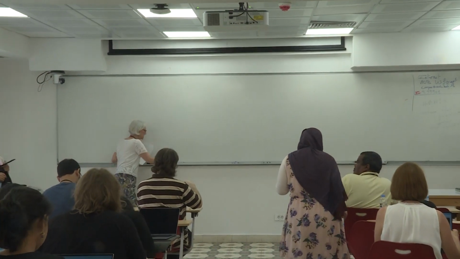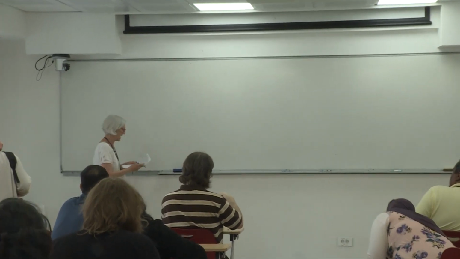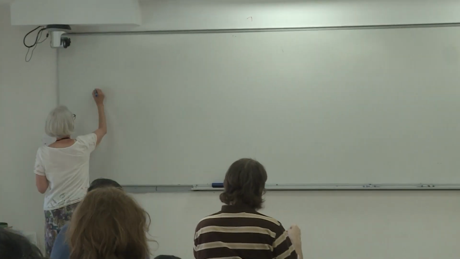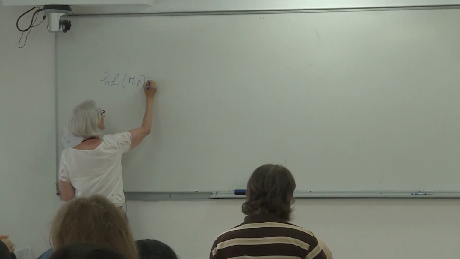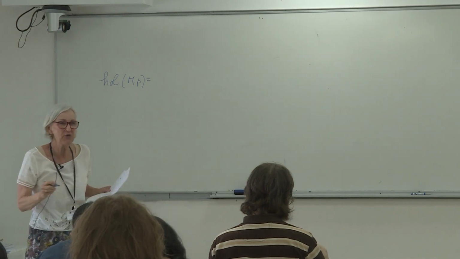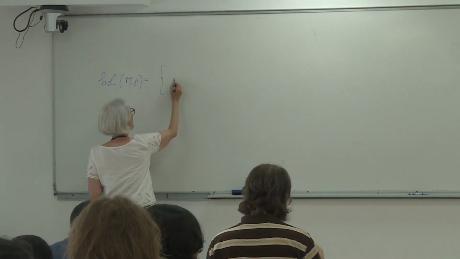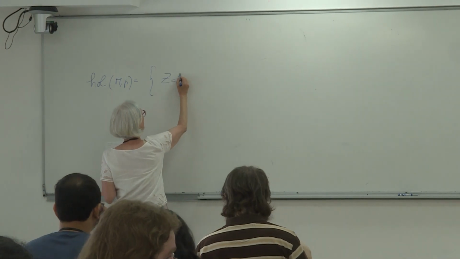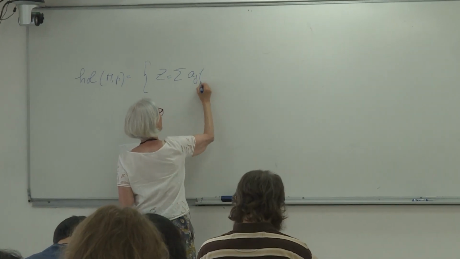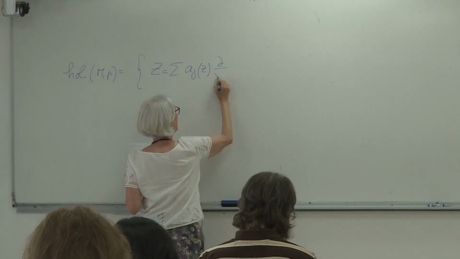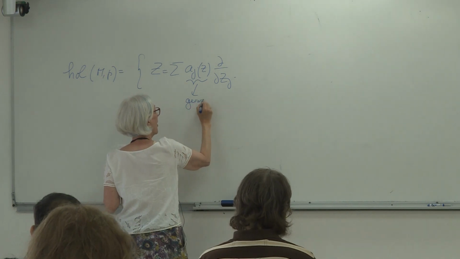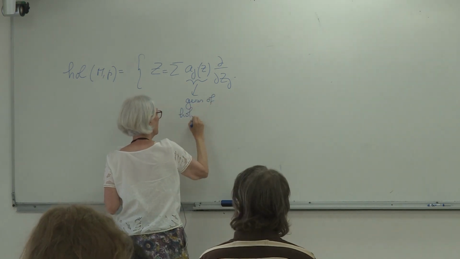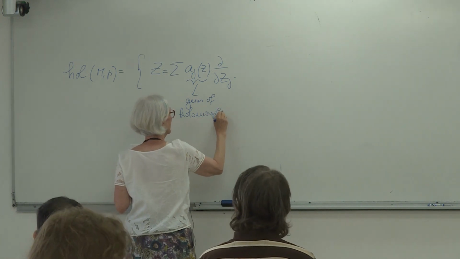I promise you some computation today. So remember, we just define hol(M, p) to be, by abuse of notation, the set of holomorphic vector fields, the sum of a_j ∂/∂z_j, where these are germs of holomorphic functions,